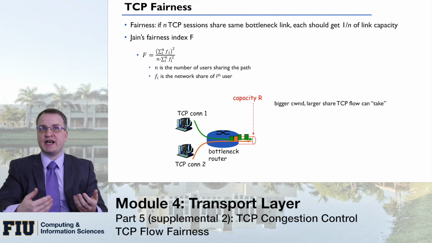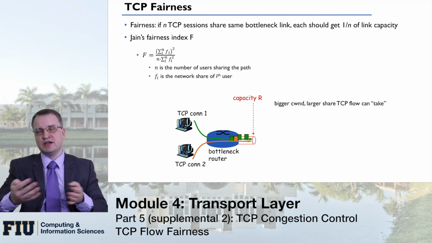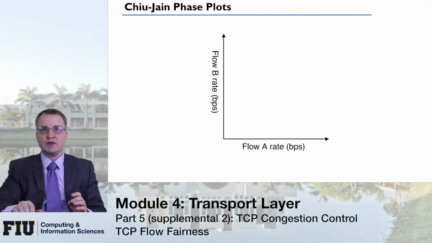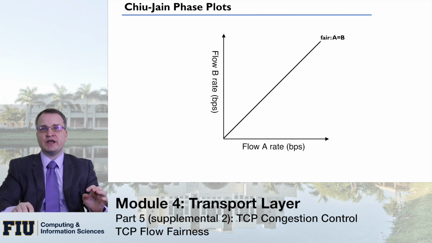So this is the basic idea of fairness, and Chiu and Jain invented an index to define how fair congestion control is, that is, how fairly resources are used by one congestion control versus another, or one flow versus another flow. What you can do with this kind of fairness is build a diagram, and sometimes it is relatively easy to analyze fairness on this diagram. We can look at just two flows, but potentially we can build a multi-dimensional one.